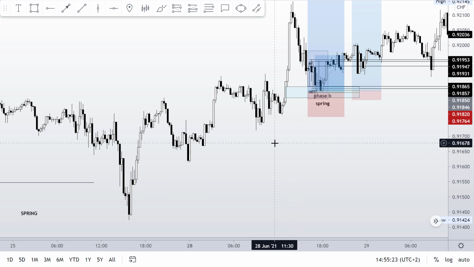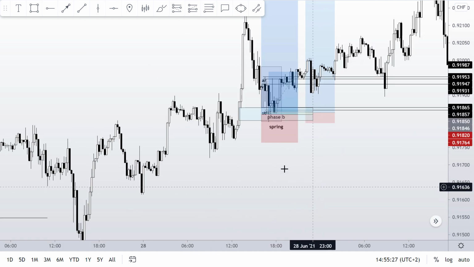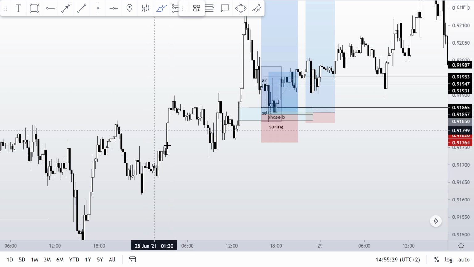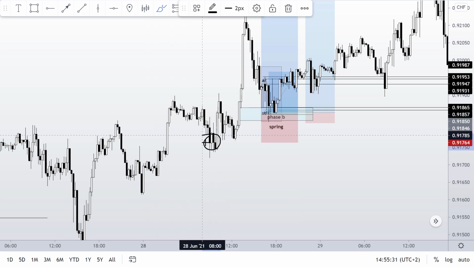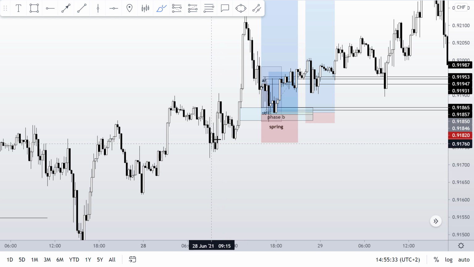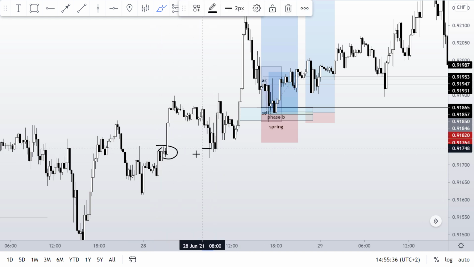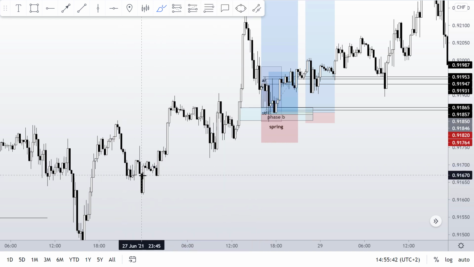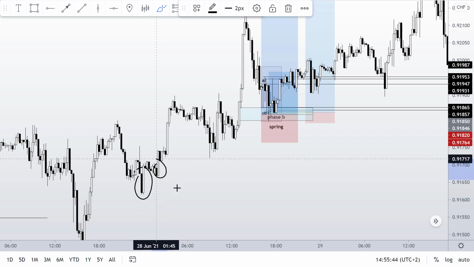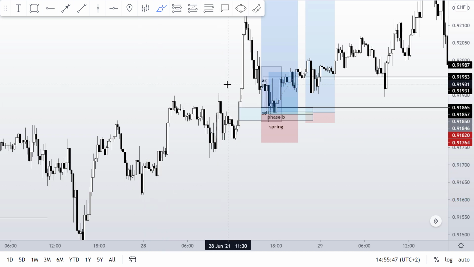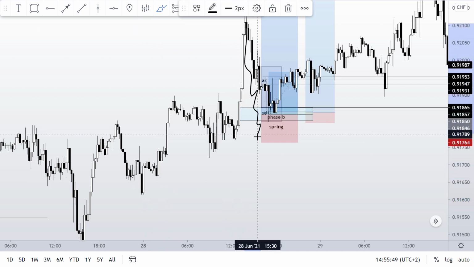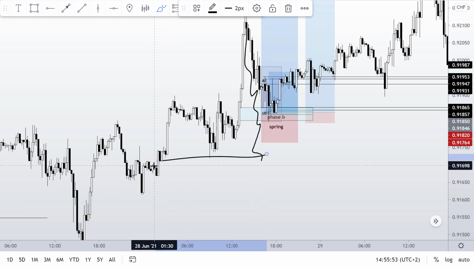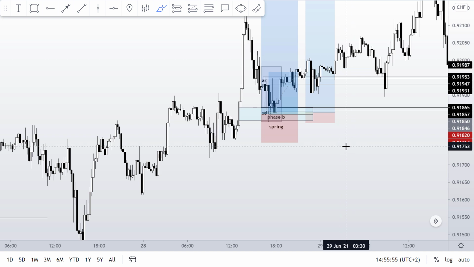So what we did right here, as we said, we just kept making higher highs and higher lows, and as we can see, these order blocks were all mitigated. This was mitigated by this wick. Of course, we have a small gap over here that was not mitigated. This was mitigated by this part right here. As I said, price can do that, but we do not expect it to come back to this area if we are to continue with this Wyckoff schematic.